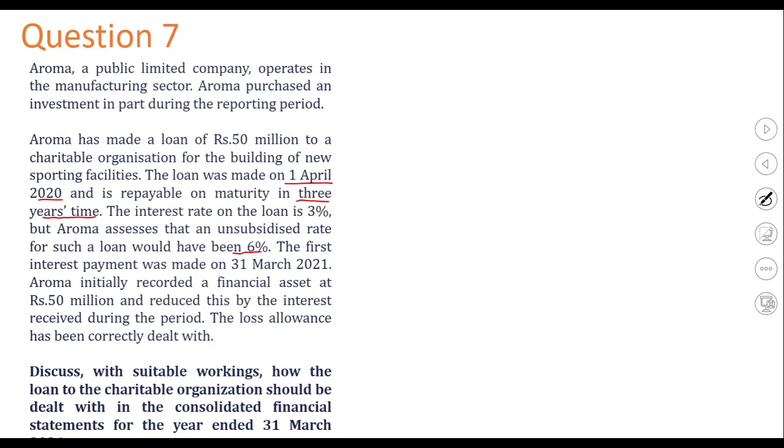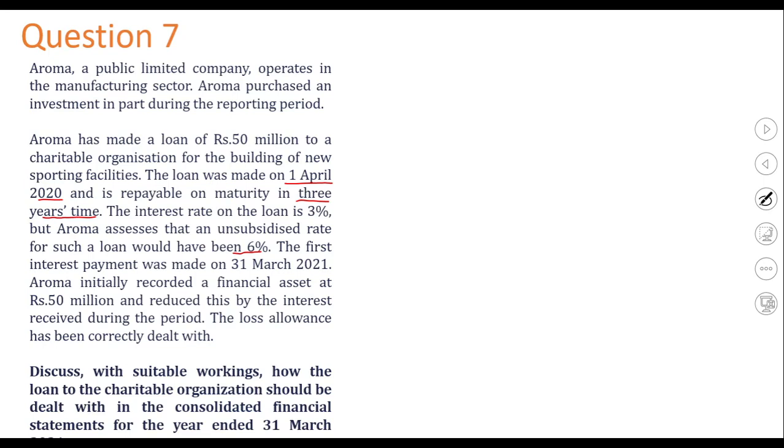The first interest payment was made on 31st March 2021. Aroma initially recorded the financial asset at 50 million and reduced this by the interest received during the period. Discuss with suitable workings how the loan to the charitable organization should be dealt with in the financial statements. Okay, so